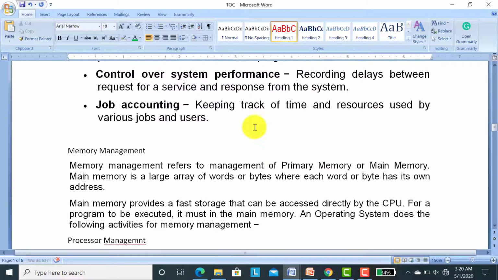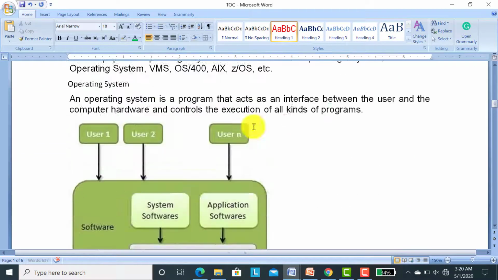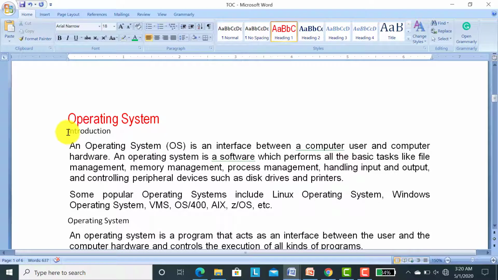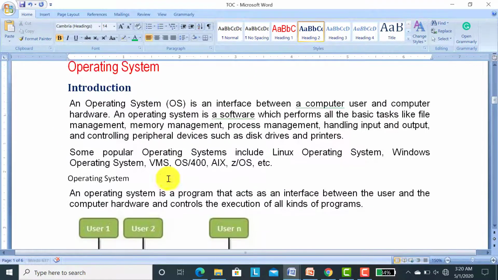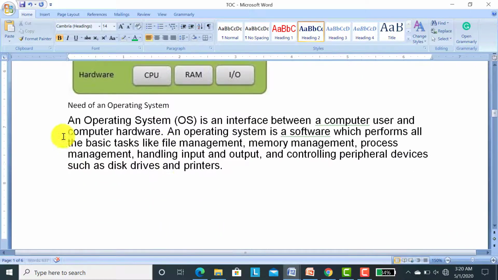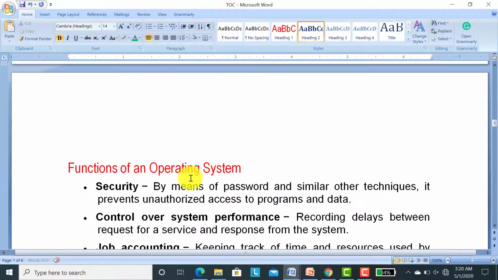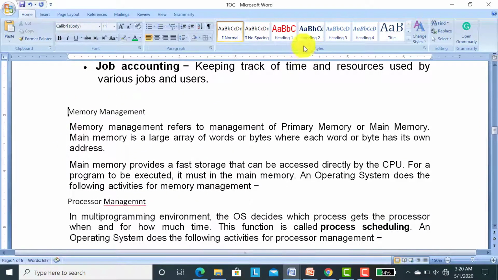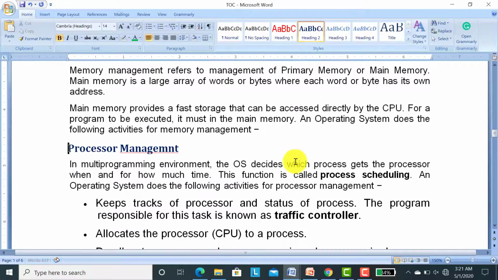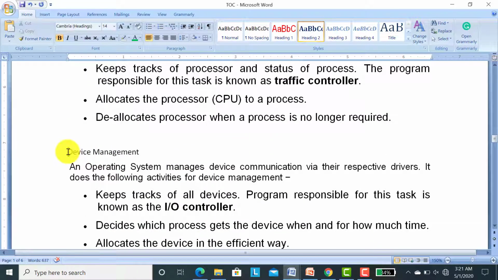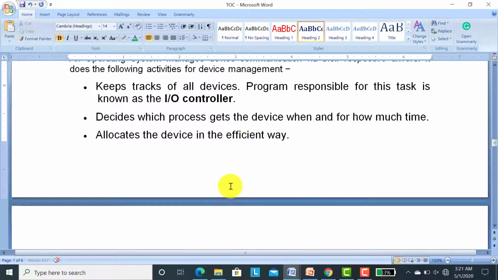Now quickly I change these headings to Heading 2. Introduction, Heading 2, I have taken blue color. You can change it as per your need. Click on Heading 2. This I have also changed to Heading 2. Processor Management, Heading 2. Device Management, Heading 2.